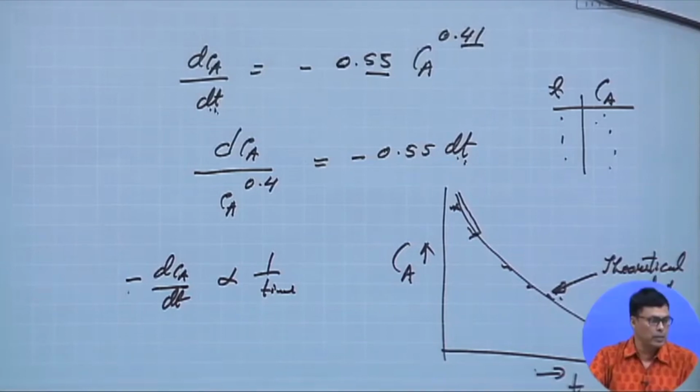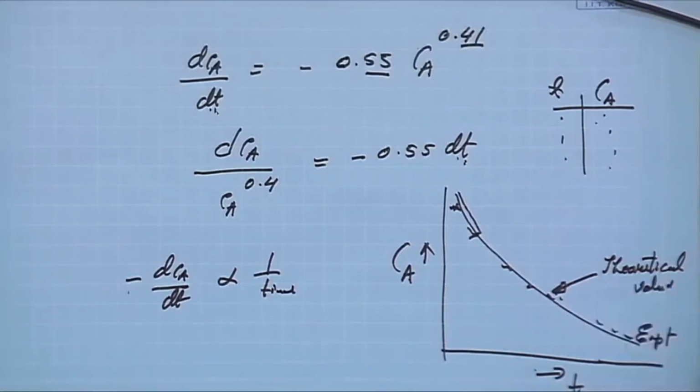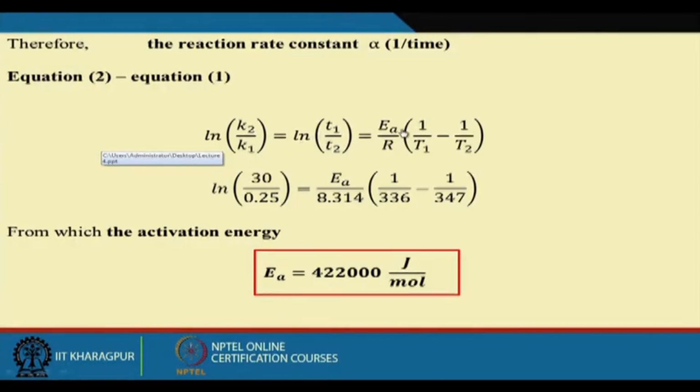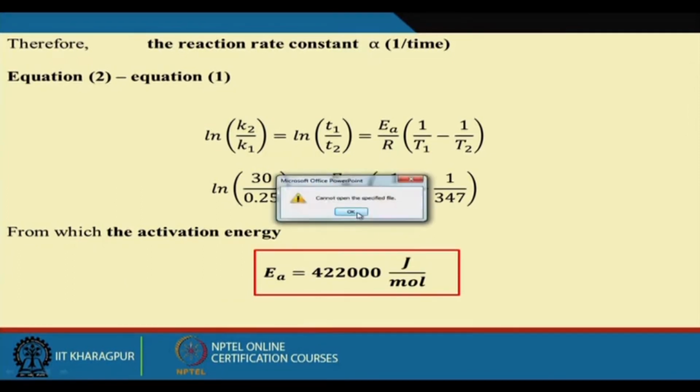So, we can write ln K2 by K1 equal to ln t1 by t2, equal to Ea by R into 1 by T1 minus 1 by T2, and then we can find out that Ea equal to 42200 joules per mole. So, this is the activation energy of this reaction. This is a simple way how we can calculate the activation energy in a chemical reaction. If anybody is interested to find out the activation energy of a chemical process, they can easily find it out if they have the data